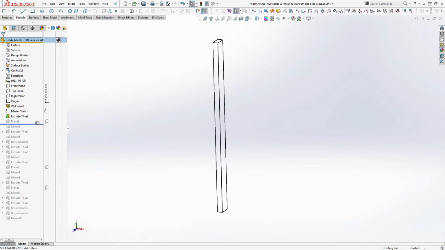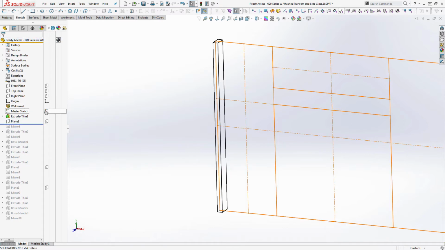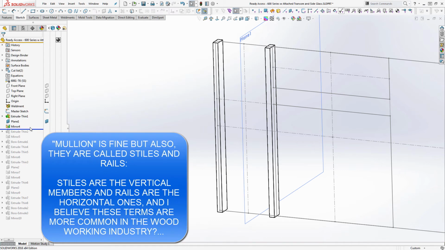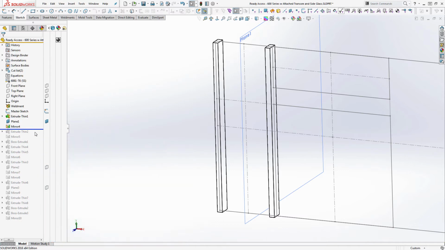I made a plane, and I might as well just go ahead and show that real quick. The plane is on this midpoint line right here. Some of these construction lines give me reference data so I can do mirroring and things like that. In this case, I mirrored across that first plane to get the other, I believe those are called mullions, but I'm not sure. You window people would know. So I got the other side there, and then the next Extrude Thin I believe is going to be the